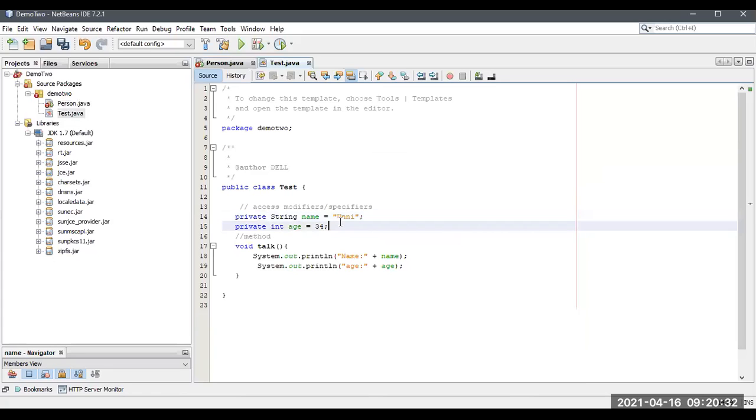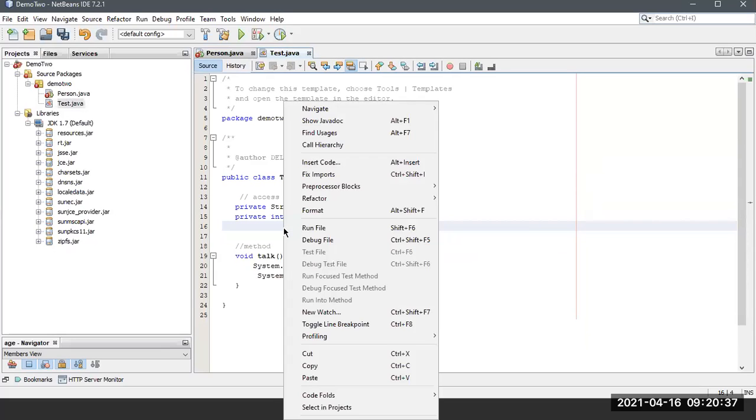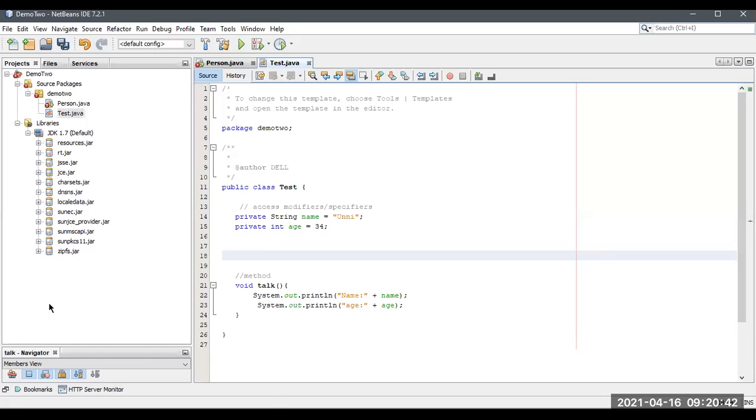To access all this, we need to create setter and getter methods. Wait a second, I will show you how to create them.